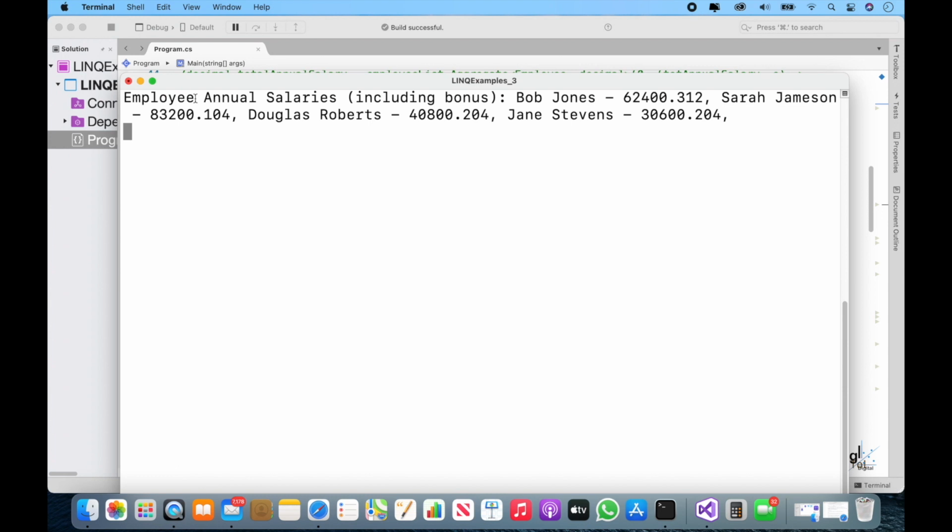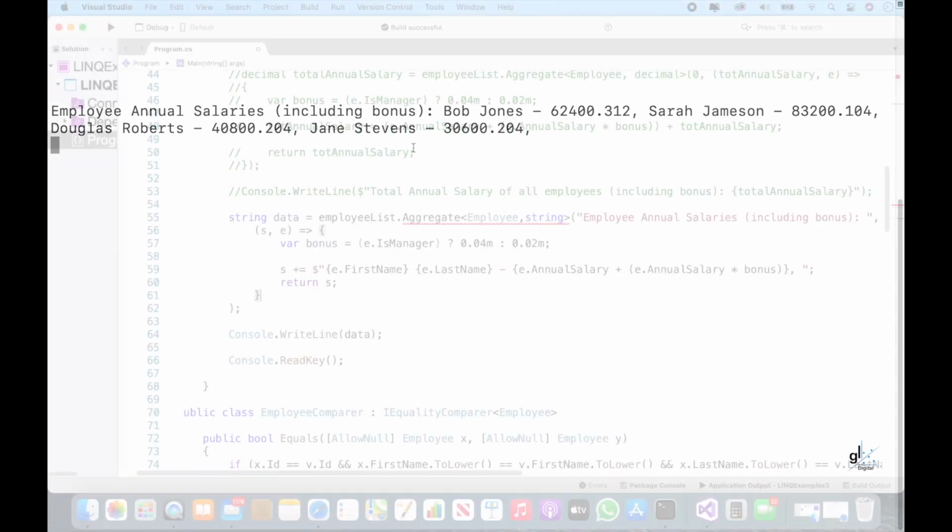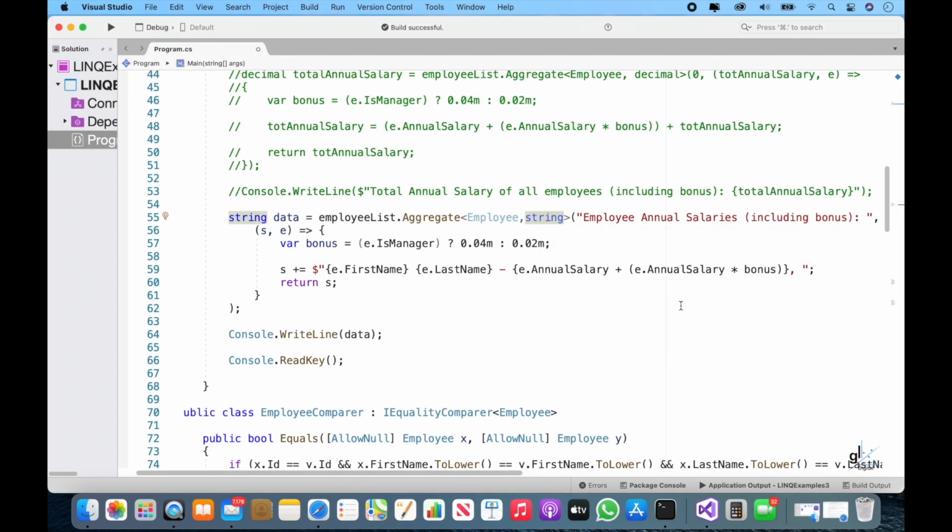Great, but we have a slight issue where a comma is presented at the end of our string. We don't want this comma in our final result. We can express this by passing a lambda expression as our third argument to an overloaded version of the aggregate operator. This argument allows us to perform a final operation on the results produced by the lambda expression passed in